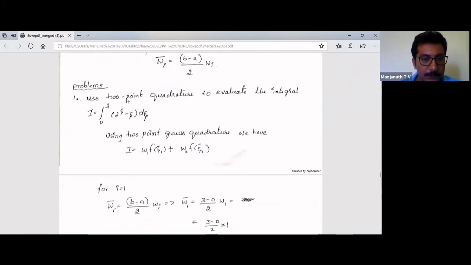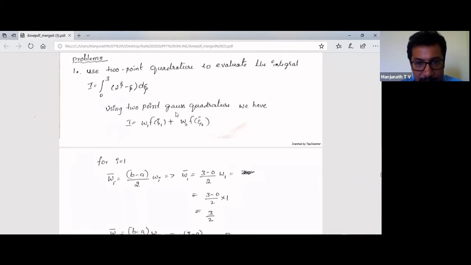Okay, so use 2-point quadrature to evaluate the integral I, which is equal to the integral from 0 to 3 of 2 to the power of zeta minus zeta d zeta. Okay, now using 2-point Gauss quadrature, we have I, which is equal to, because we have to use 2 points, so that there will be 2 sampling points, W1 f of zeta 1 dash